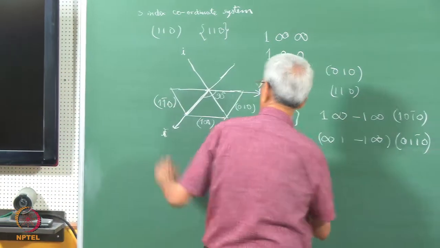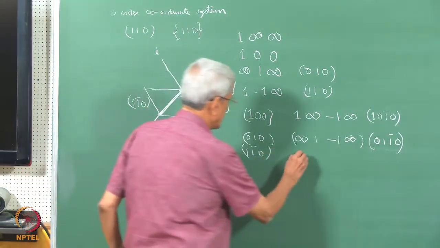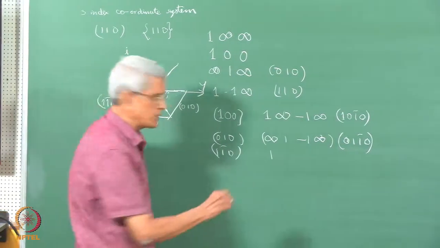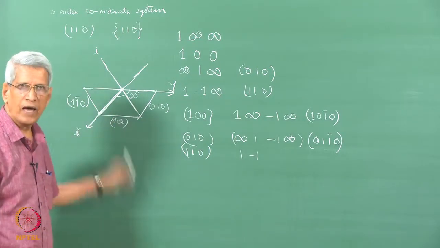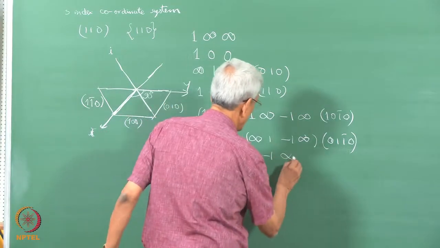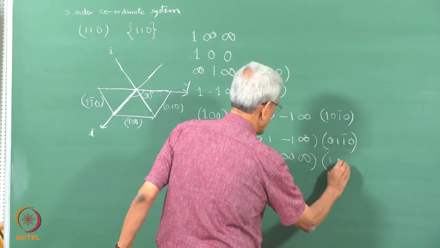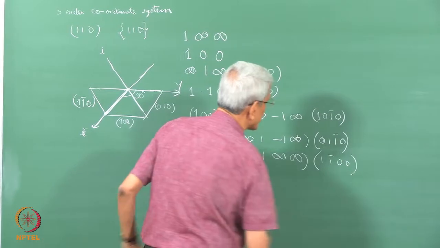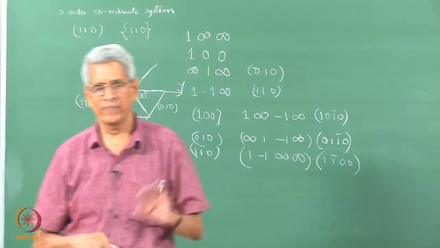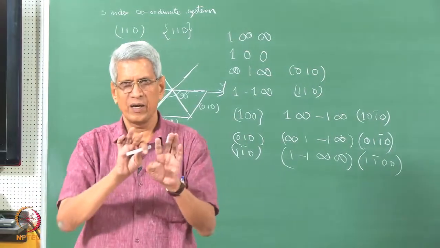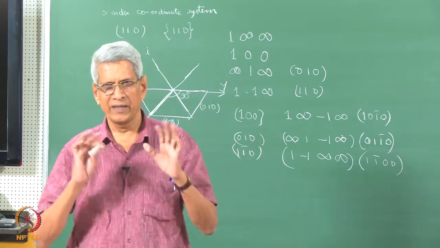Now, if we see it, the intercept with respect to x is 1, with respect to y the intercept is -1, correct. Then with respect to this axis, it is parallel to it, so infinity. The other one with respect to c, it is infinity. Now, it turns out to be 1 1 bar 0 0. If we look at this in the 4 index coordinate system, you can see that only the positions of the indices are changed, so that symmetry is being revealed. Okay. That is what happens.